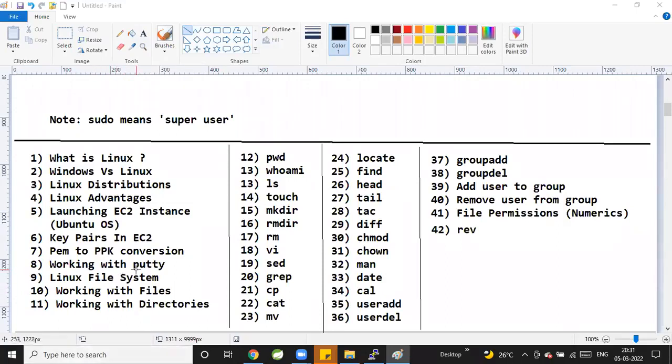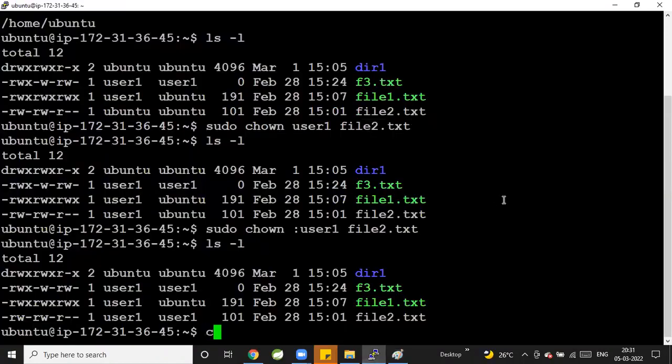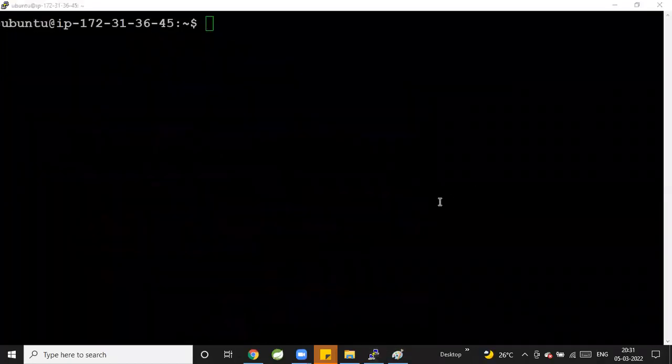Okay. Then in order to connect with the EC2 instance, I am using Putty software. Putty is an open source software. Using Putty, I'm connecting to my Linux machine. This is our Putty terminal. I'm executing all the Linux commands by using Putty. Right. After that, we